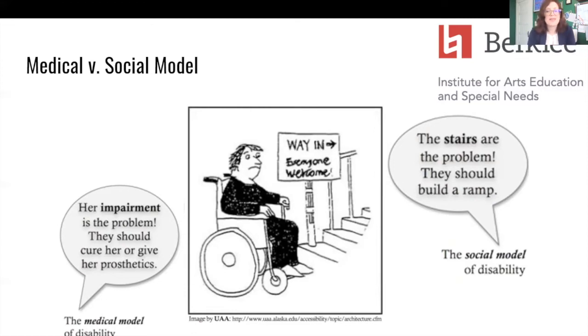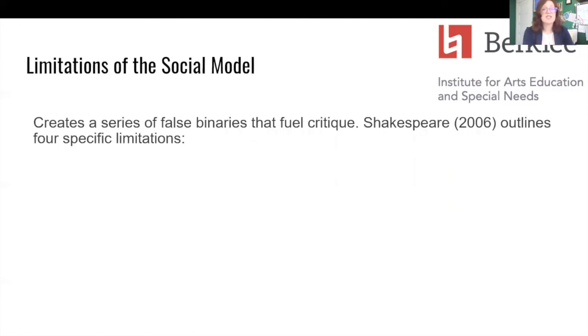And indeed, there's this way that we can look at this and see, yeah, with a ramp, this woman can go into the event like her peers who are physically able to climb the stairs. But while this may have addressed an access concern, putting in a ramp doesn't simply erase her disability. And this exposes several limitations of the social model. The limitations I want to talk about all rest on a series of false binaries that the social model creates. In situating itself as this direct opposite to the medical model, it creates some unnecessary divides or oversimplifications between the two models, also between the concept of disability and impairment, and of disabled and non-disabled.